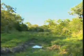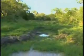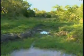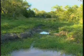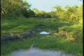So there's quite a lot of erosion taking place in the middle of the drainage line. It is too deep at the wrong time of the year. Once upon a time there was a giraffe who wanted to cross here, and found that the ditch here was very, very deep, and eventually he collapsed in this drainage line, and from that day it was called Giraffe Dip. Giraffe Dip has a little bit of different history in the area, which explains why we call it Giraffe Dip, and why this road is called Central Road. It's really in the middle of the farm, in between. If you go